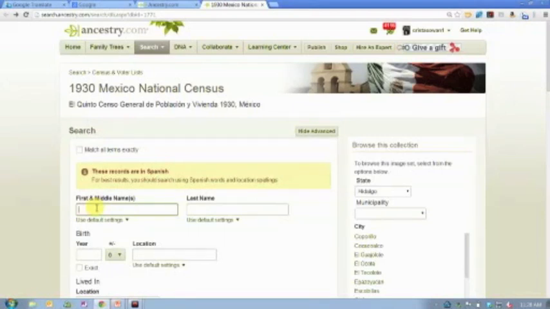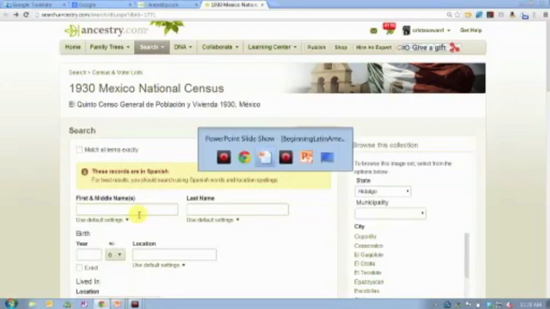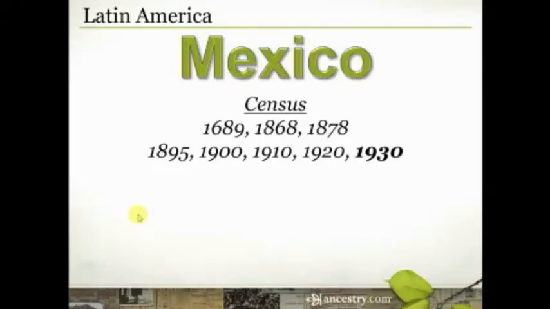Or you might find your father's family and your mother's aunt and uncle living next door to each other, even though your mother lived 3 towns away, right? So again, pay attention to records in context, which is why I love to use this browse box where possible and not jump directly to searching these particular records. So that's the 1930 Mexico census. Excellent, excellent resource to get you started.